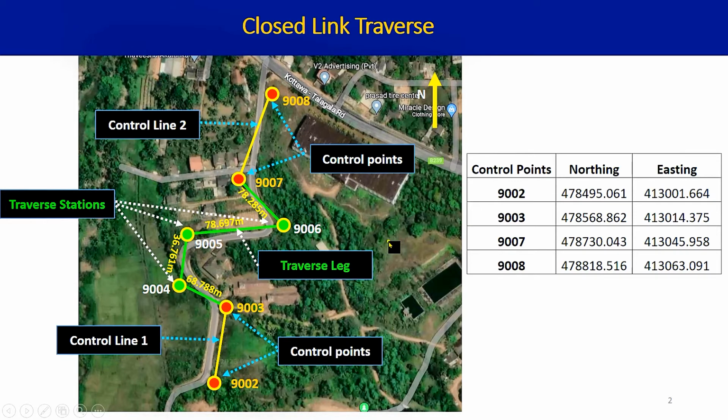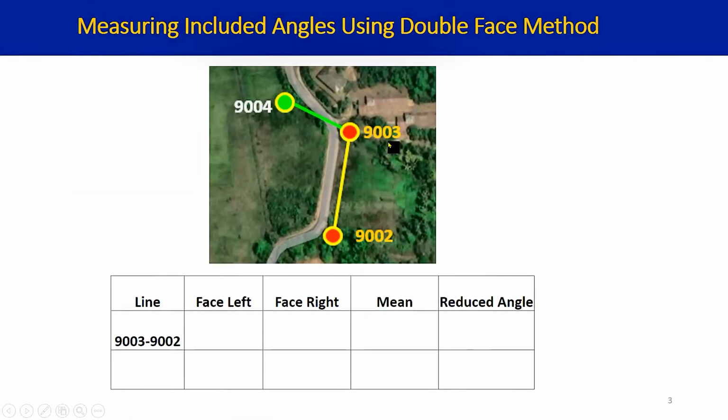Now we'll see how to measure an included angle using the double face method. We can set up the total station at 9003, then target 9002 and set the horizontal angle as 5 degrees. You can either take 1, 2 or 3. It depends